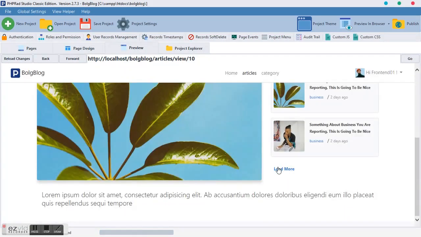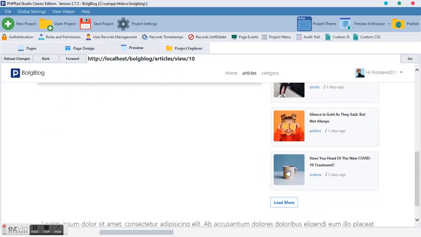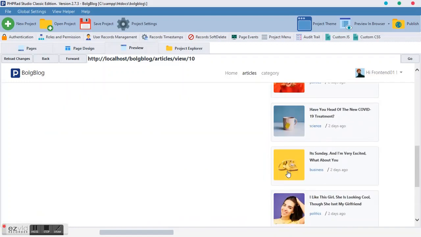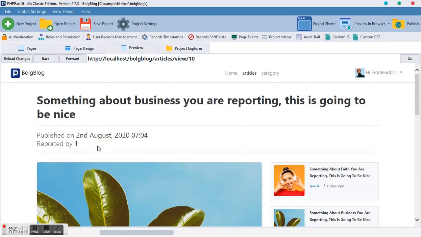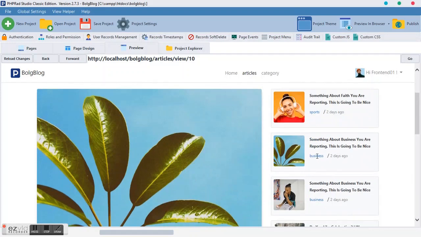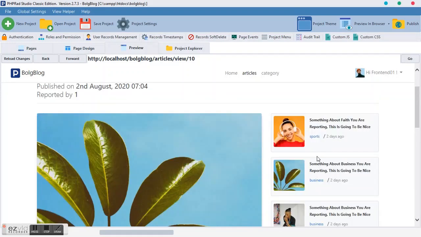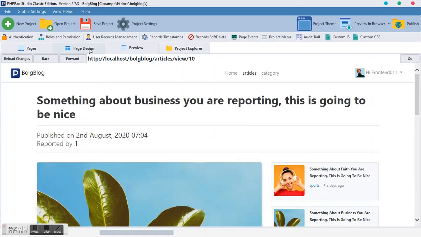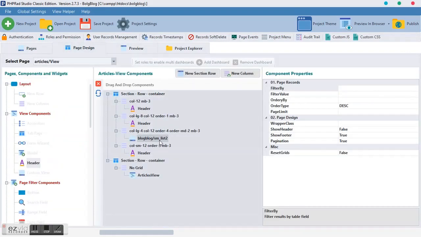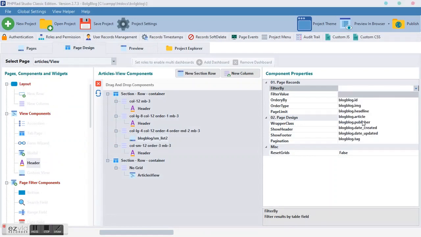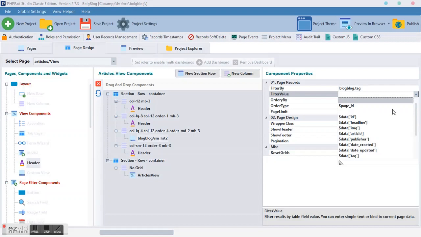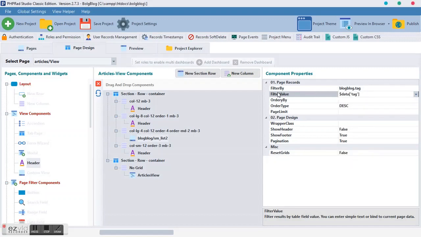Alright, but we are reading something about business. We would like to have suggestions that are more of business. Okay, so we come to this guy, we move on top here, and we go to tag and we make it tag. So we filter them by tag and want the value to be also tag. All right, so on top we also want to give it a header, and this guy will say